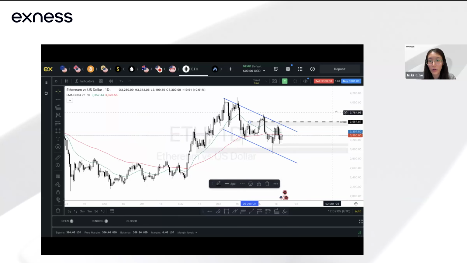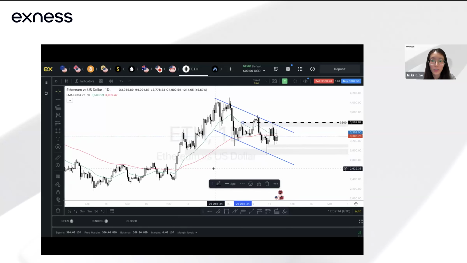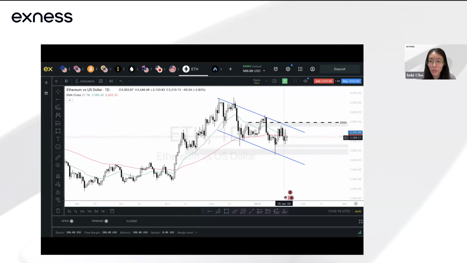So this area, if price breaks above this, you could see potential for further gains, but beyond that, I don't think price will probably see some consolidation. You're seeing that across in the EMAs as well. Okay, so I hope that answers your question in terms of the key levels.